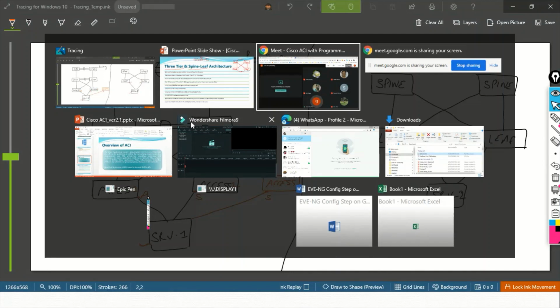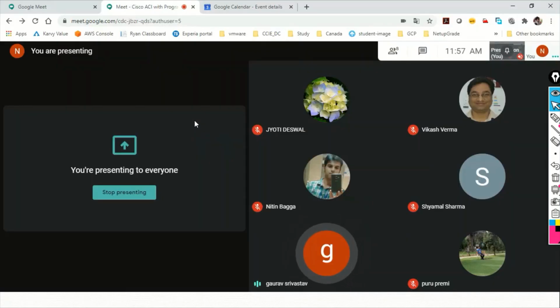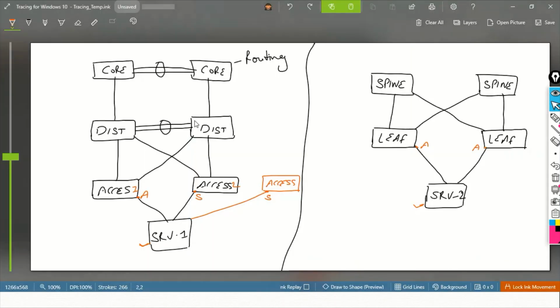Is there any benefit to having active ports in a leaf and spine architecture when the server is connected to a leaf node? Yes, sir, it gives more bandwidth. The very first option is that you have, for example, a 1 Gbps or 10 Gbps interface here. At the time of getting bandwidth, you only get 10 Gbps. But here you have the option to use 20 Gbps of bandwidth without performing any special configuration.